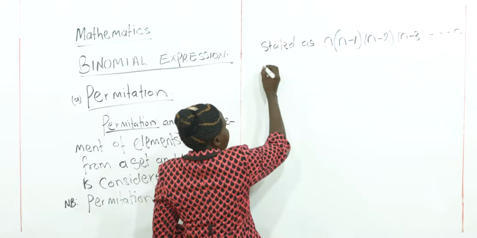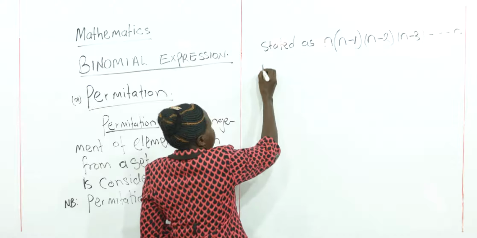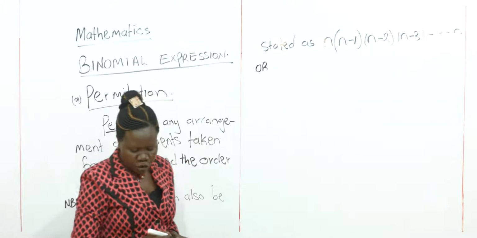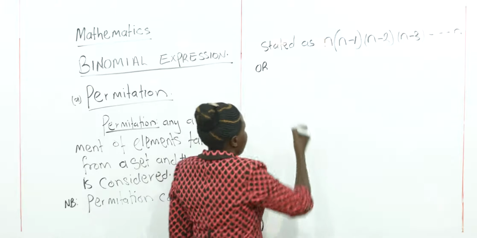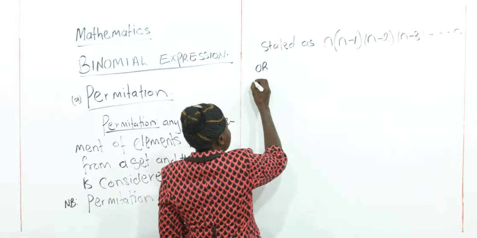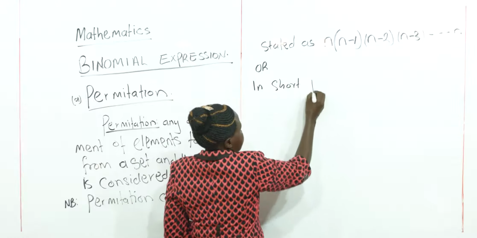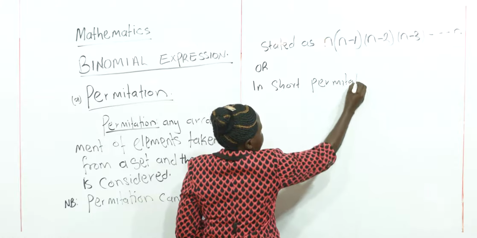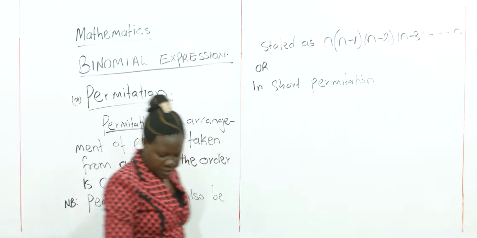So before I explain what n means, I want you to look at this. If we cannot express it in that form, we can express it in short, we say permutation. In short, we say permutation is written as